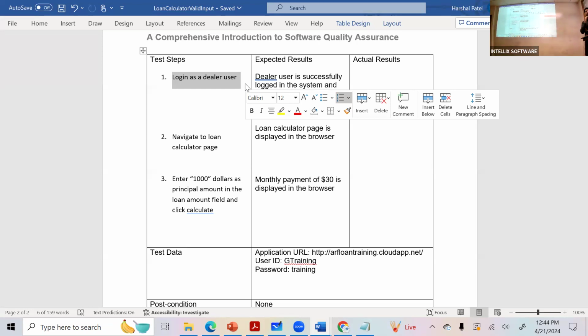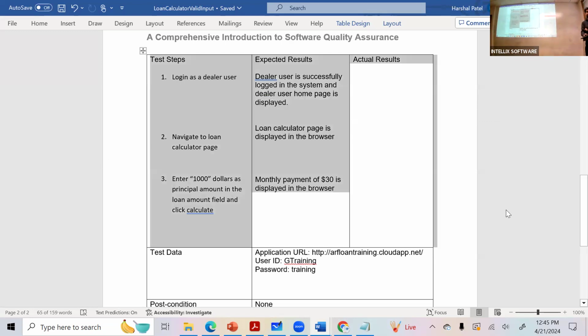One simple way to test is to think about it: if I give this to somebody else, can they execute this test case without asking me any questions? If they can, then there is enough detail in it. If they have to ask you a question, that means you still need to write some additional information into it. That's a yardstick you can use to see whether your test case is good or not.